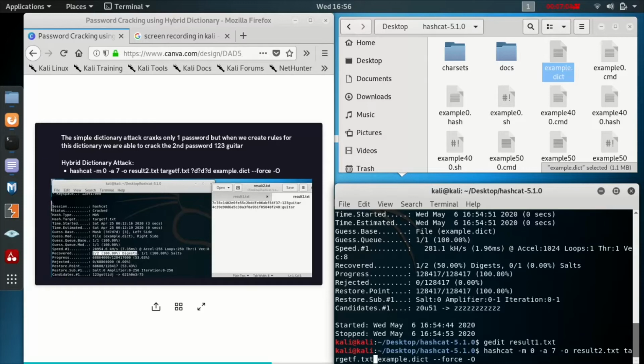We'll use the same file, example.dict. And because we want to check all the possible combinations of numbers, we add question mark d, question mark d, question mark d. So it will automatically add 000 to 999 combinations to every word it will check.